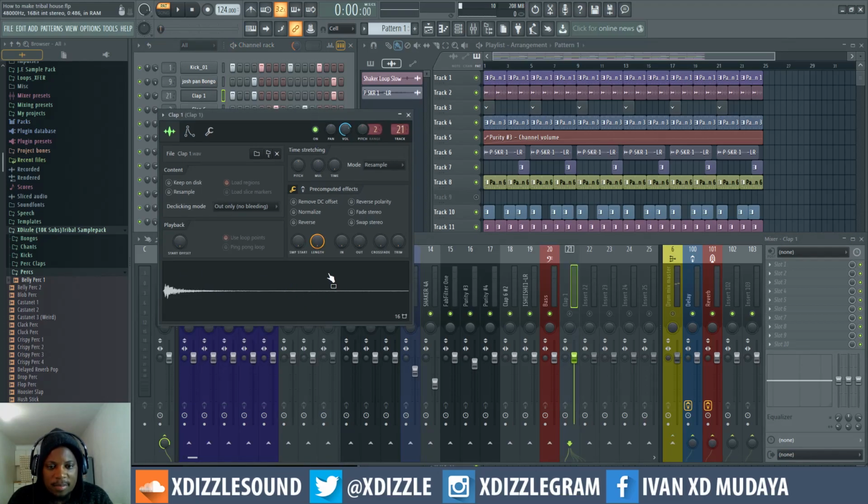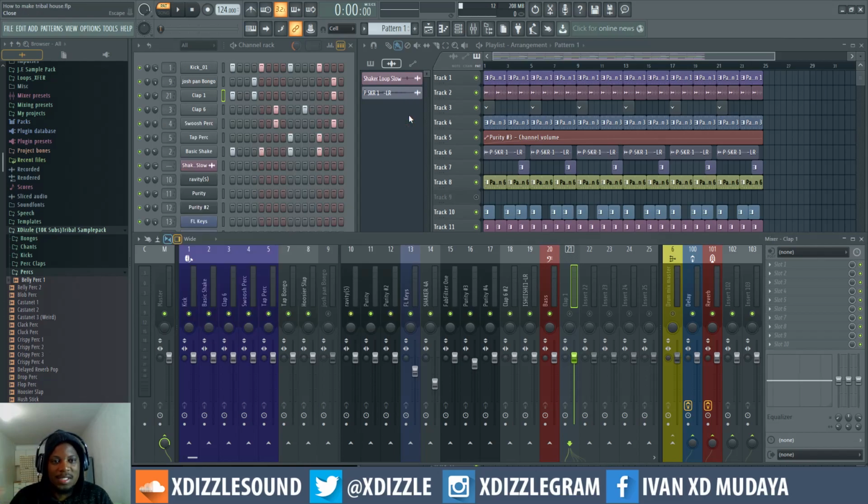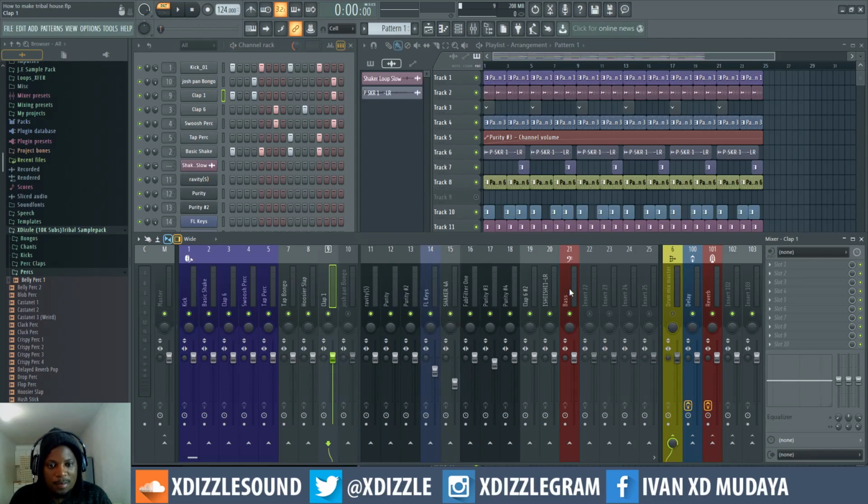That's a really long tail. You must always look out for these long tails, because I've noticed that when you're trying to render out your track, if a sample has this long tail here, it affects your render time. It actually renders longer when you have these long empty tails with just silence. So you also need to fix that if you can. Sometimes it might be reverb, but for the most part it won't be. You don't need your sample to play that long, because you're going to add reverb anyways, so there's no point in it. Okay, so there's no more drums playing